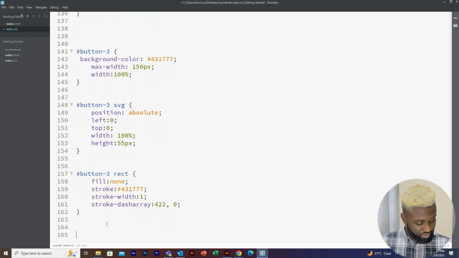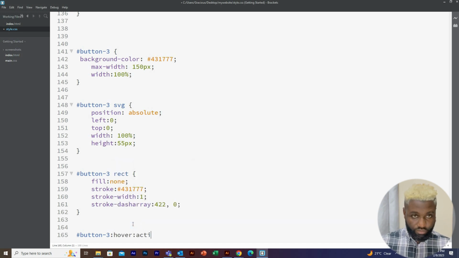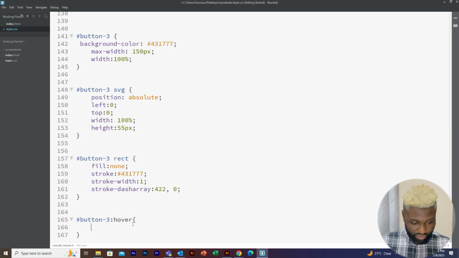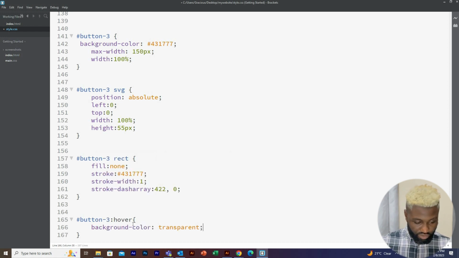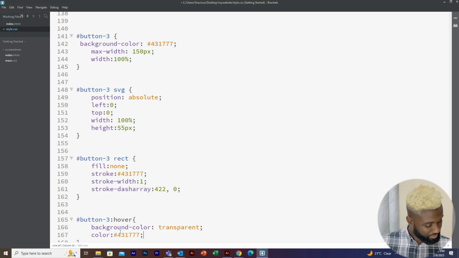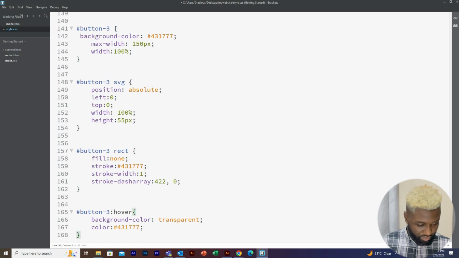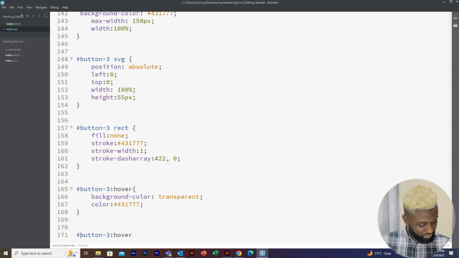So we'll come down, copy this, and then once you hover on this, the background color will be transparent. Okay, and then the color will be this. Okay, this, and then the next thing we'll be doing, we'll add some few more stuff. So over,